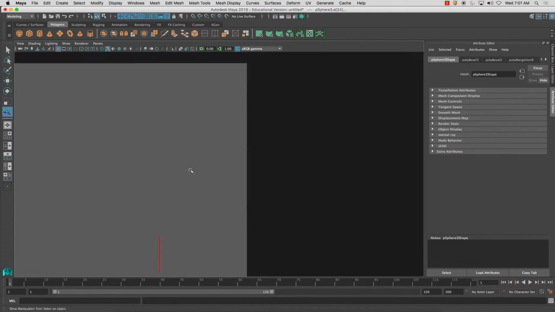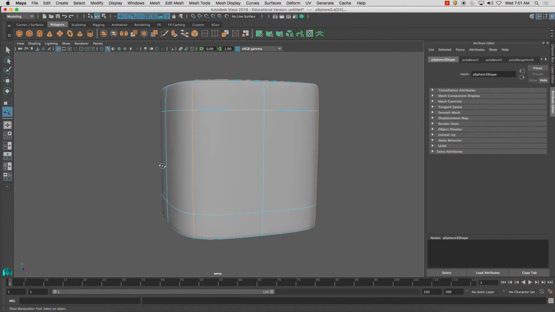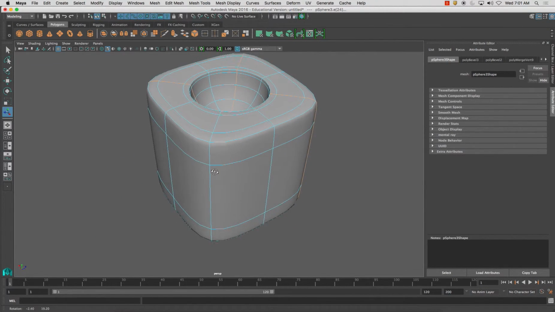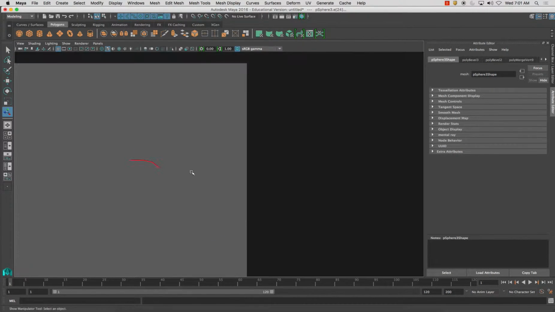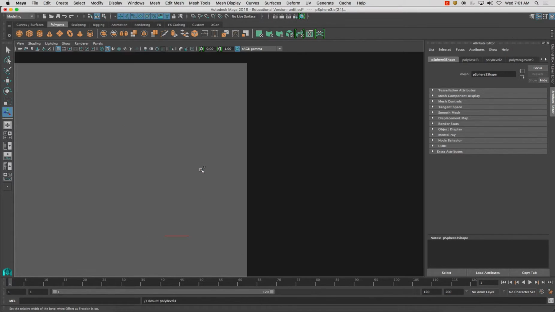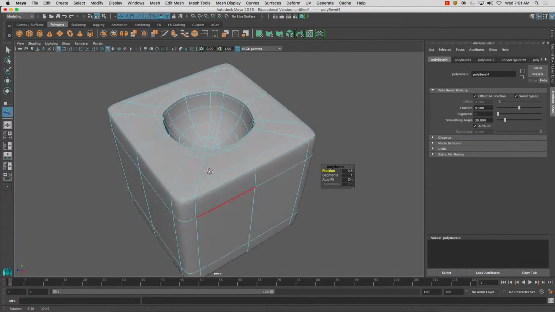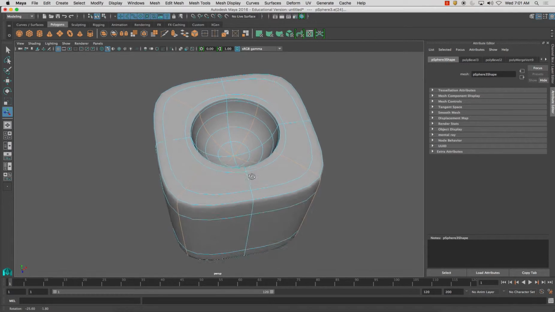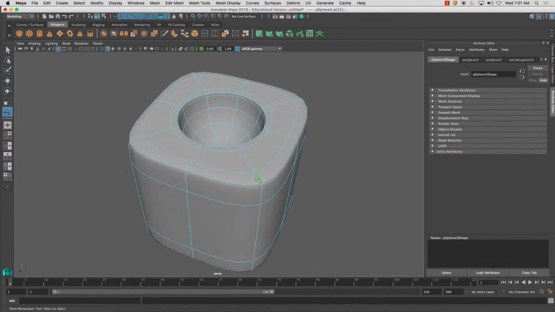Now this might start to mess up my circle in the center, but I'm just going to show you really quickly. If you want to straighten out these edges, bevel edge, it does mess up my circle a little bit. So in order to avoid that mishap,